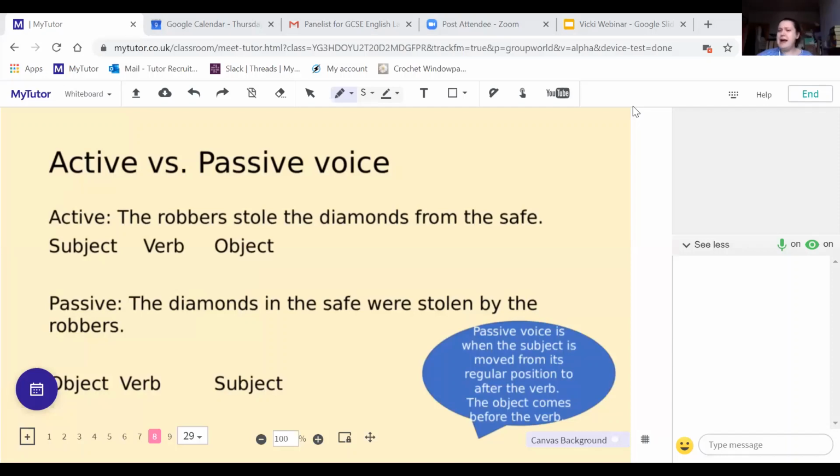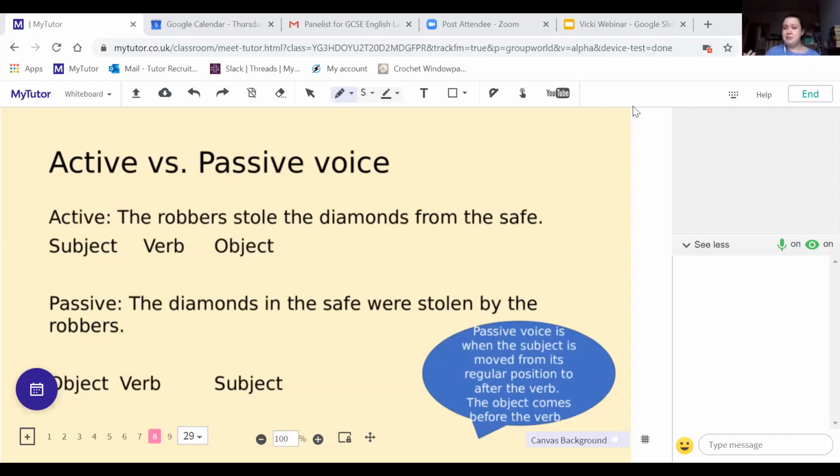So active is where we have the subject at the start. So English, its syntactic structure is what we call it. The way we order words is always subject, verb, object. There are other languages which are verb, subject, object, and object, verb, subject. There's a huge variety of how different languages structure things. For example, I think German uses a different syntax to what we do. I can't remember, it's a long time since I was doing a linguistics degree.